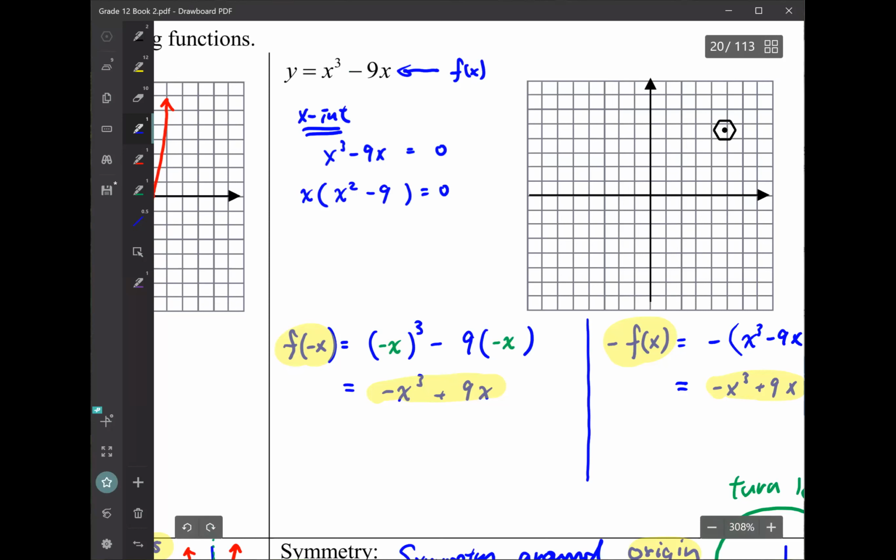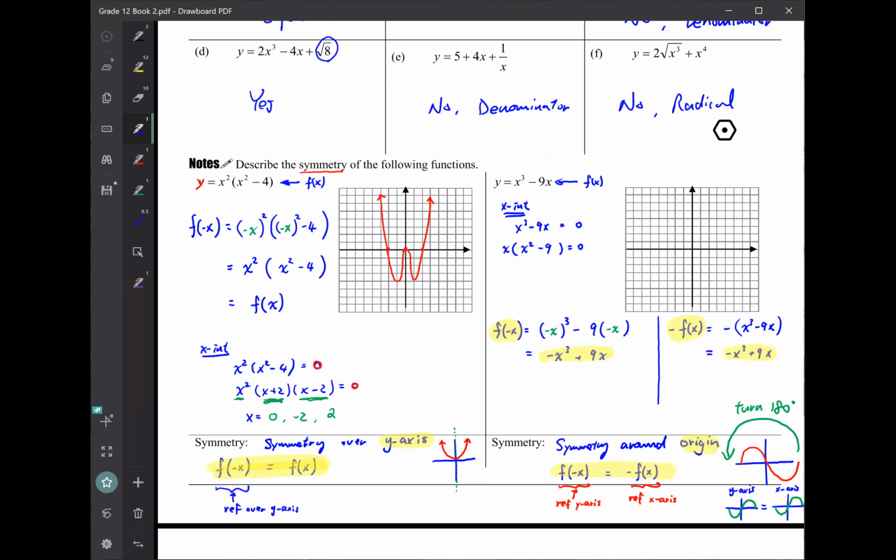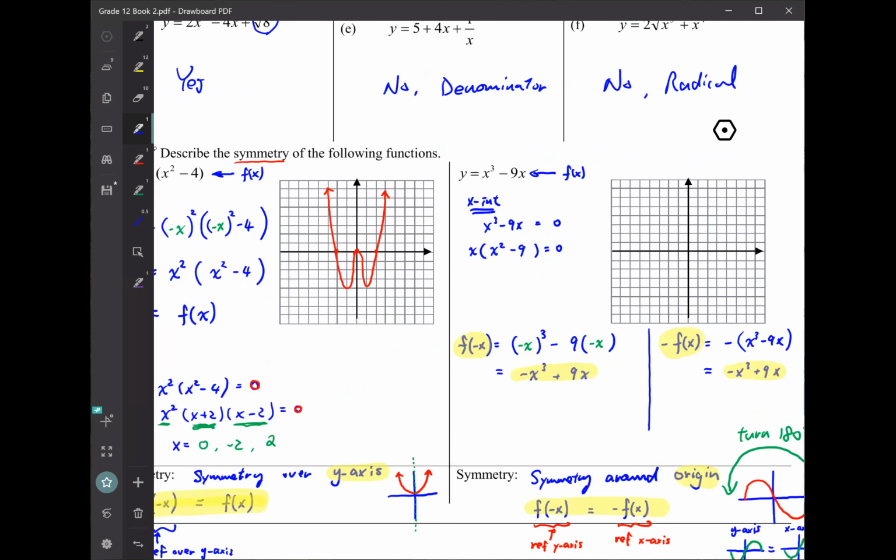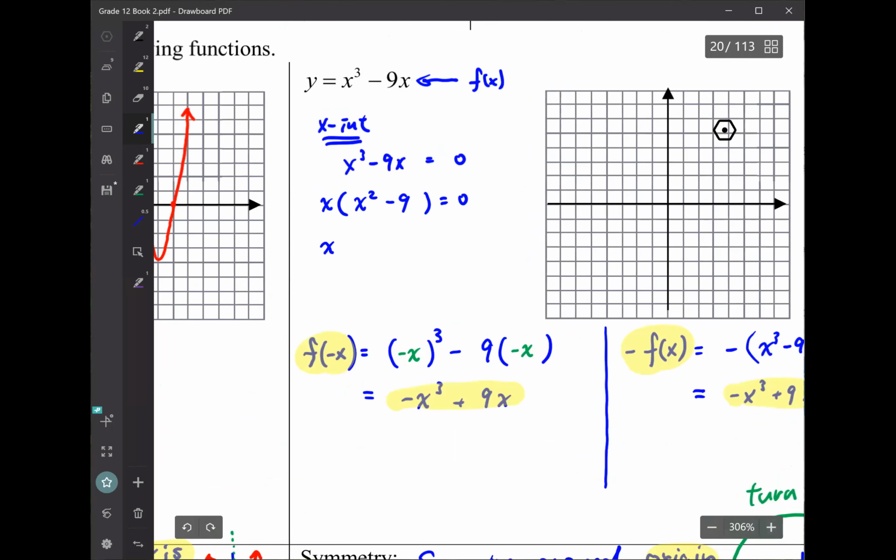Yeah. Okay. So once you see x squared minus 9, you should remember that on the left side we have something similar, right? Difference of squares. So this one can continue to factor more, right? We get x plus 3 and x minus 3, right? Difference of squares. So we have 3 roots, okay? 3 x-intercepts again. So the x-intercepts are,